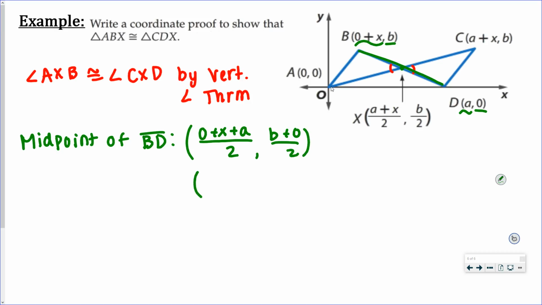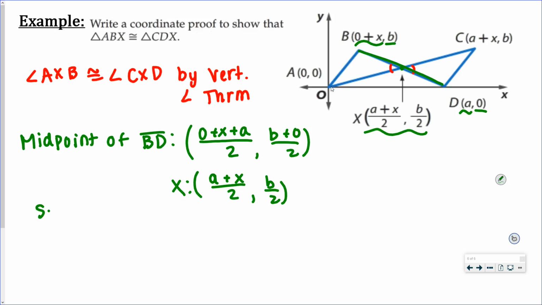All right, let's simplify that a little bit. 0 plus x plus a. Normally, we'd probably write the a first. Usually when we write variables in math, we write them in alphabetical order. So I have that. b plus 0 is just b. And I'm like, hey,